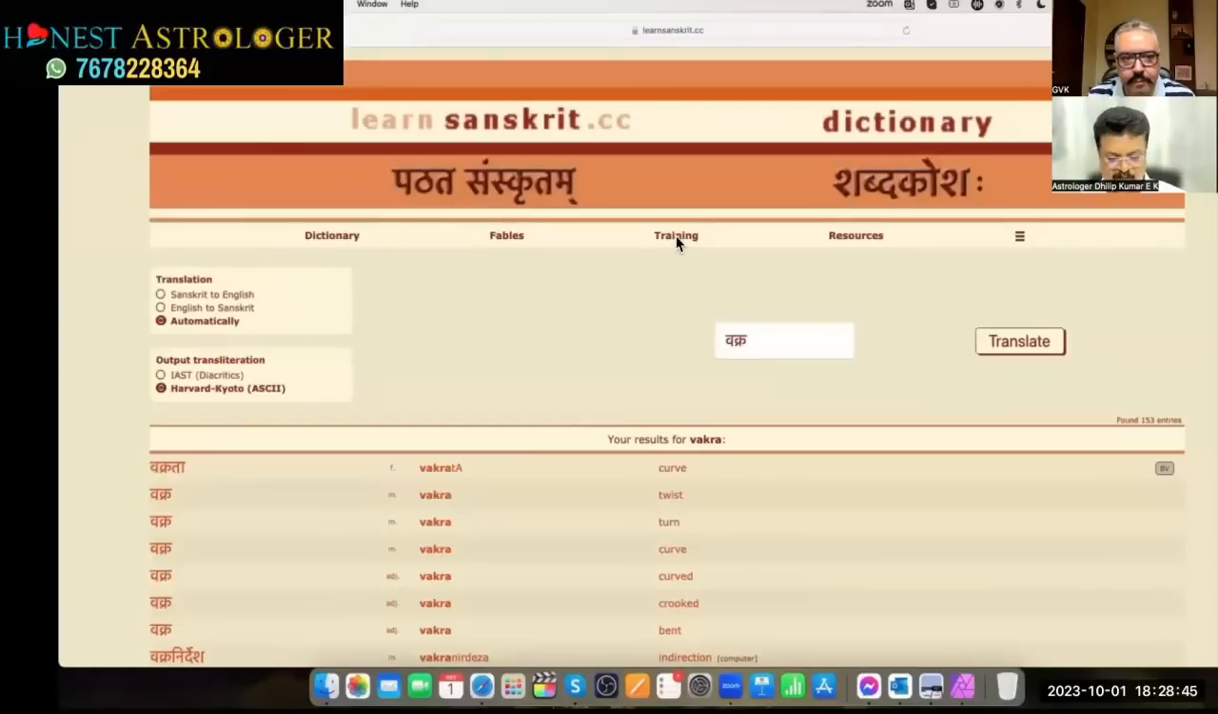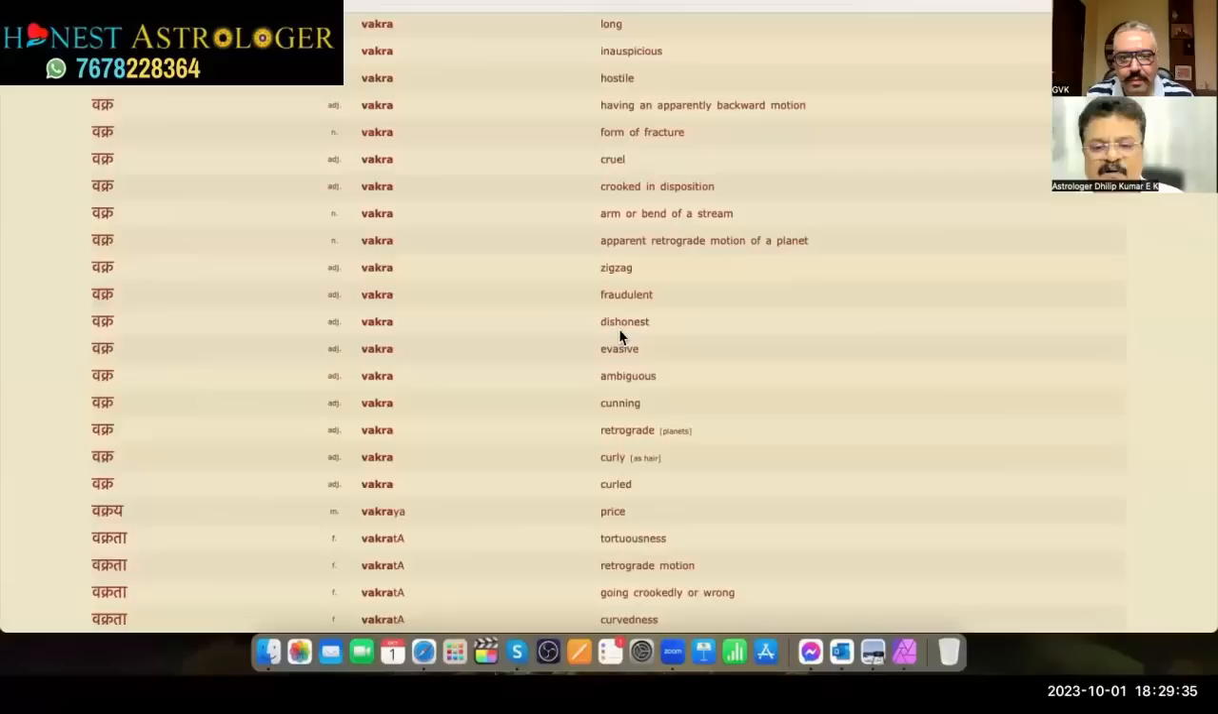The word Vakra has so many ways of looking at it. We say it is curving, it is twisting, it is turning and all that. But in South India, at least, when I consult people from Tamil Nadu, they'll say, sir, what to do, sir? This graha is retrograde. What should I do? Because in Tamil, Vakra means very bad. Because of this, like dishonest, fraudulent, almost all of them are negative terms. And that is the reason